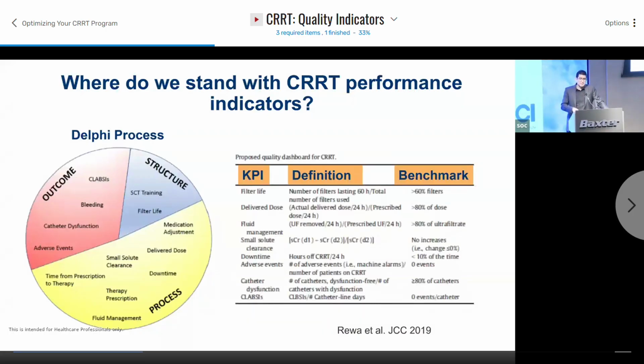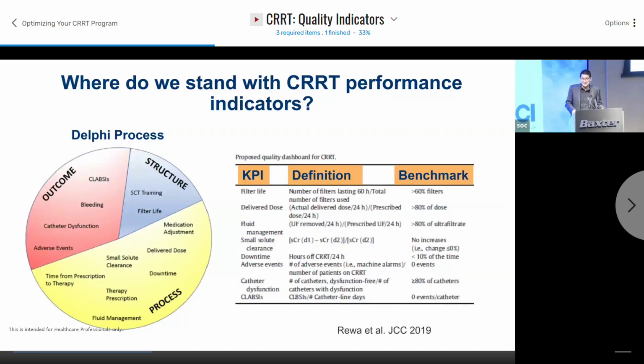Now, of course, each KPI will have a definition. Just to put a couple of examples, I think we have filter life as one of them. What's filter life, how it was proposed to be defined, is number of filters lasting at least 60 hours from the total number of your filters that you use should be more than 60%, right? So this is how to operationalize the definition of filter life to say, okay, this is a benchmark that